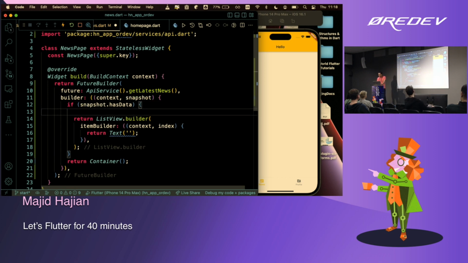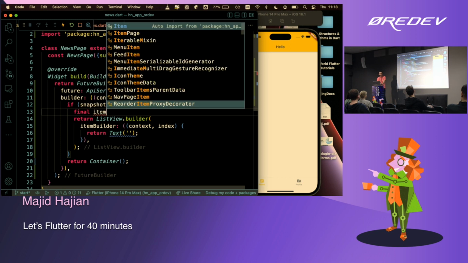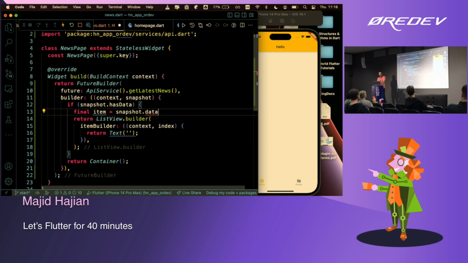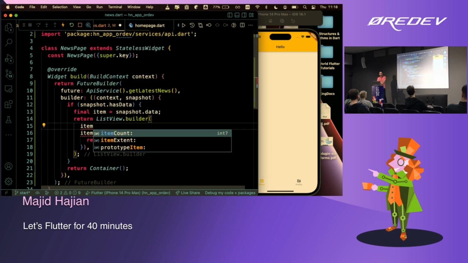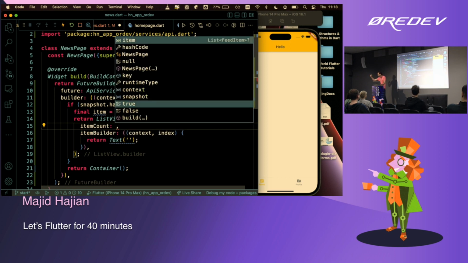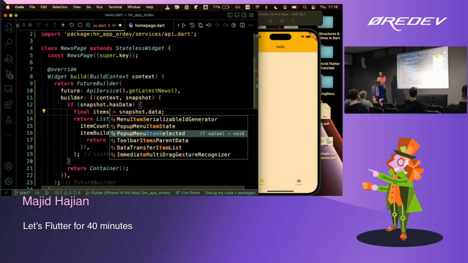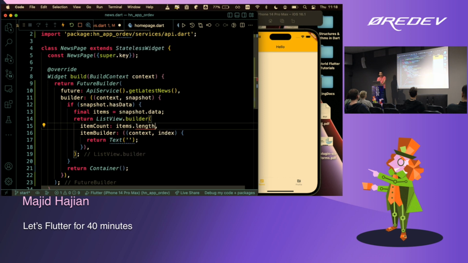Let's find the item. So I'm just going to go and define my item. It's going to be snapshot.data. So .data means a list of feeds that we already gave it here. And one more thing that I should do, and it's good to do in list view, usually you define your item count, a list of items that you want to render something for. So here I'm going to say items dot, oh sorry, this is going to be items dot length.